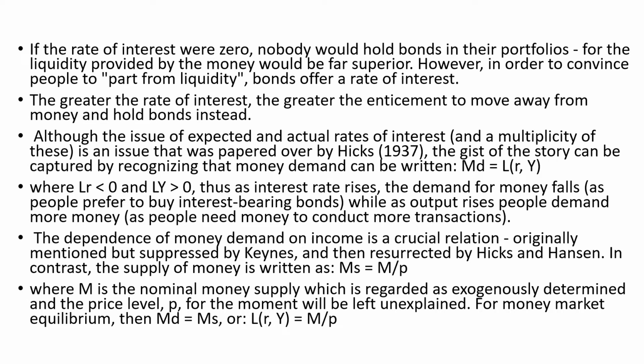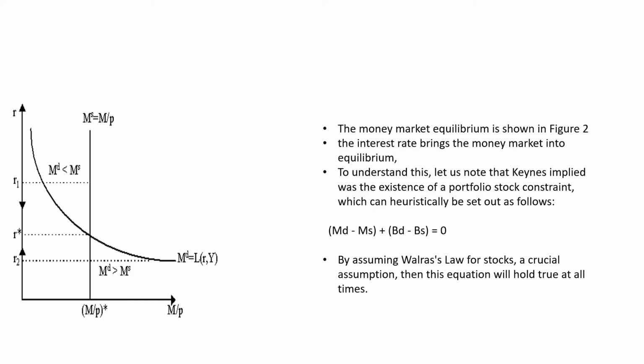Having discussed the money demand, let's see what money supply is. MS is equal to M by P, where M is the nominal money supply and P stands for the price level. For money market equilibrium, MD should be equal to MS. So, if you look into the case of the money market equilibrium, we have to see that